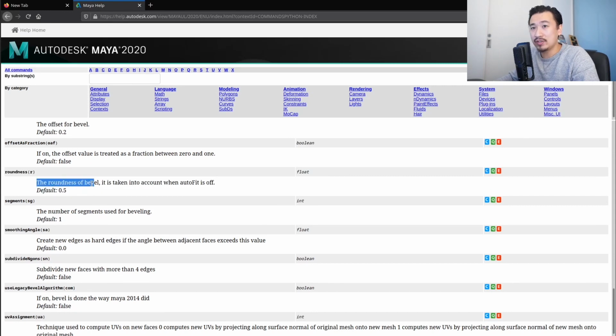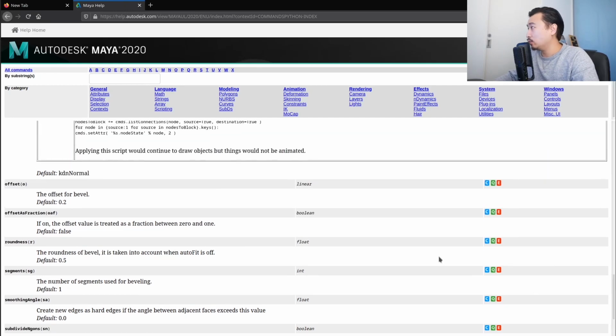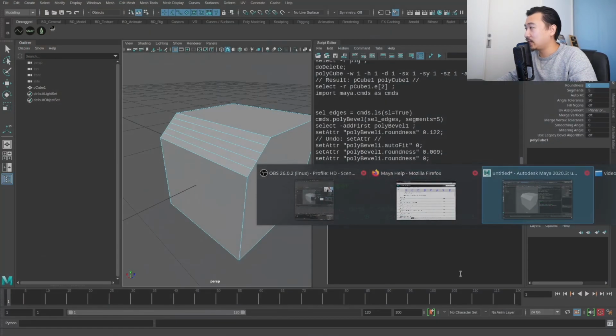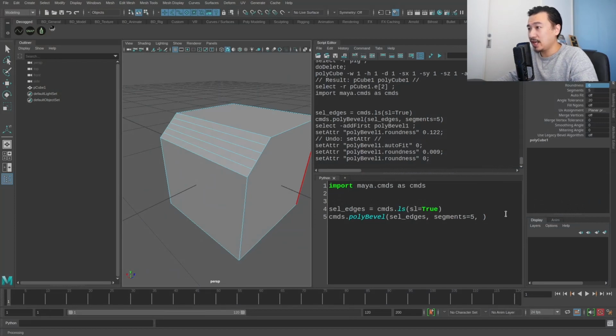It says the roundness of bevel is taken into account when Autofit is off. So that gives us a little bit of an indication that Autofit needs to be off for this roundness value to actually take effect. We already kind of know that, so that's good. Let's come back to Maya, and then let's have a quick